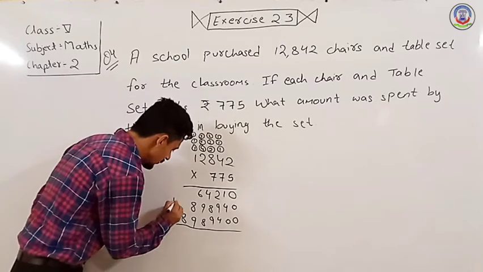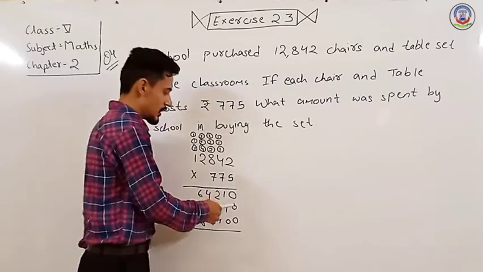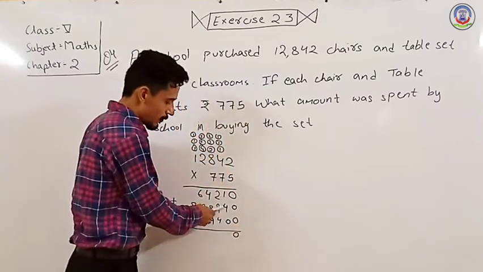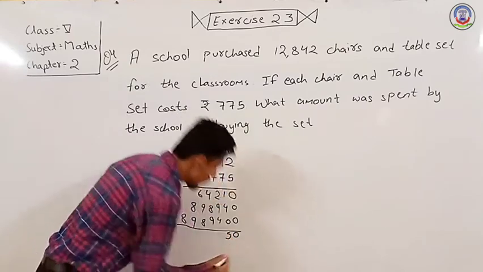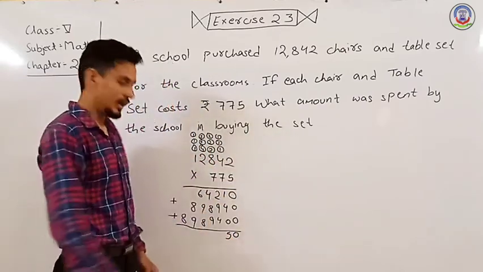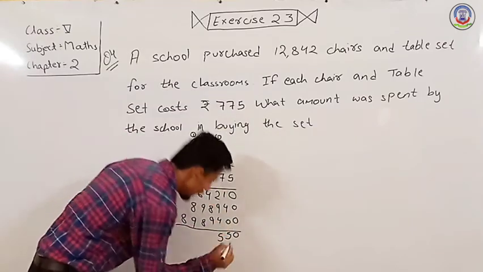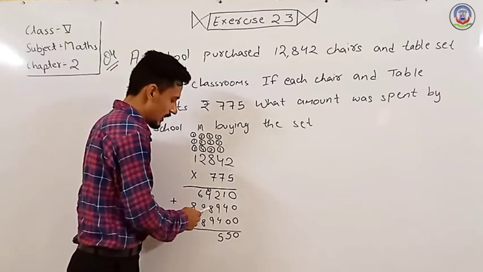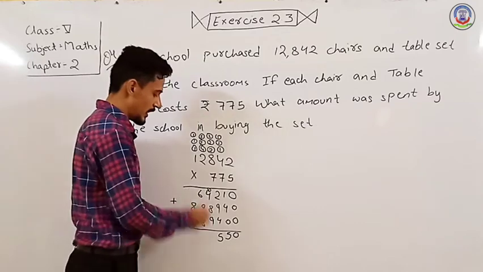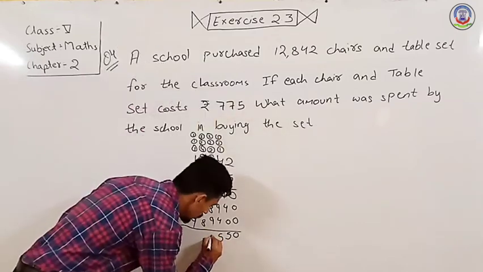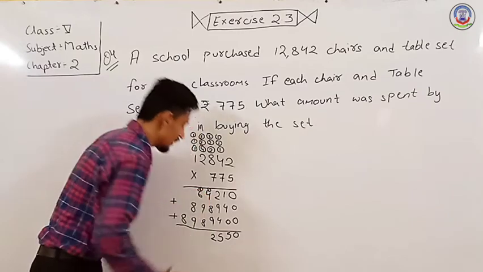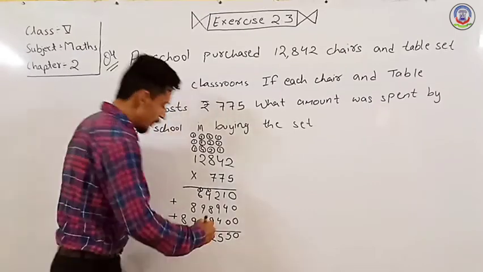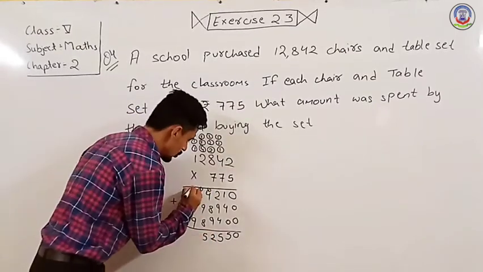Now we have to add these 3 numbers. So in initial we have 0, 0, 0. So we write 0. Next we have 1, 4 and 0. It is 5. Next we have 2, 9 and 4. It is 15. So we write 5 here and 1 goes to carry. Okay, next we have 1, 4, 8, 9. So addition of 1, 4, 8 and 9 is 22. So we write 2 here and 2 goes to carry. Next we have 2, 6, 9 and 8. Addition of this is 25. So we write 5 here and 2 goes to carry.